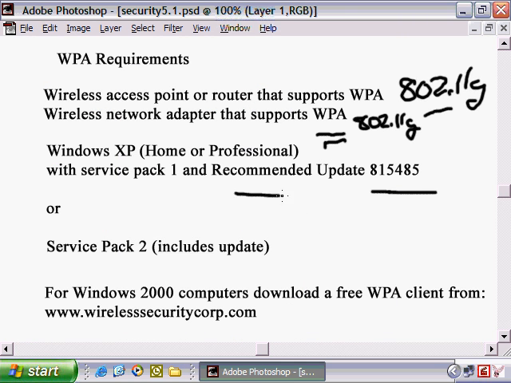So again, this update is just meant for Windows XP computers. At the time this video was made, Microsoft had not made available a WPA client for Windows 2000. However, a third-party company has made available a free WPA client, and it can be downloaded from this website. So at the making of this video, WPA was the best option for securing a home wireless network or a small wireless network. However, if you're not able to use WPA due to the upgrade requirements, there's another security option